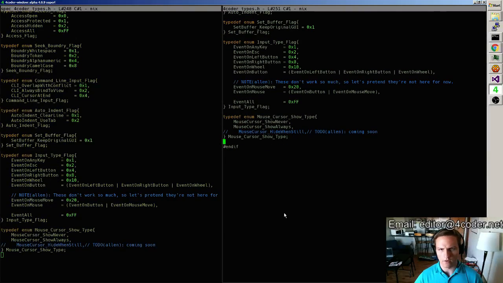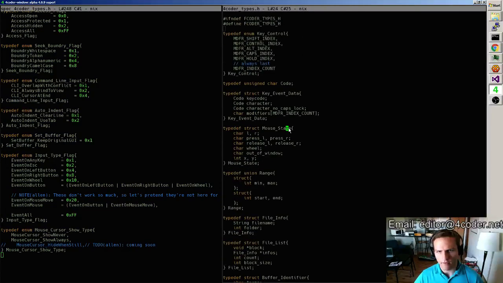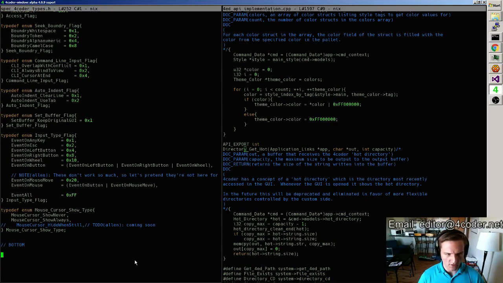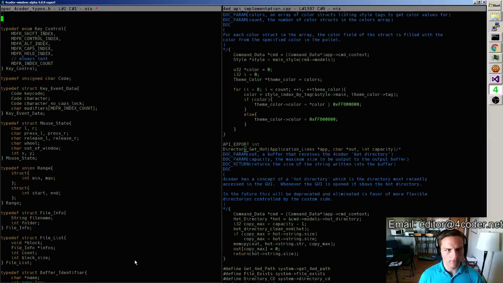It'll just be auto-generated from the thing I've got over here. And the thing I've got over here will not actually be included in anything. It's just going to go through my parser, and then I'm going to spit it out into the 4coder types header afterwards. Okay, so if that's the plan, then